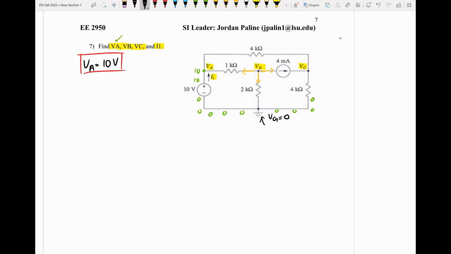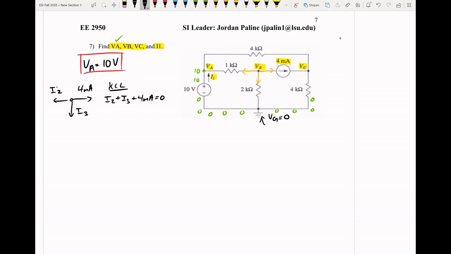So I will draw all of these out, and we already have an I of 1 named, so I will call this one I of 2, I'll call this one I of 3, and we know here that that's 4 milliamps. So if we write I2 plus I3 plus 4 milliamps is equal to 0, it's just a KCL,